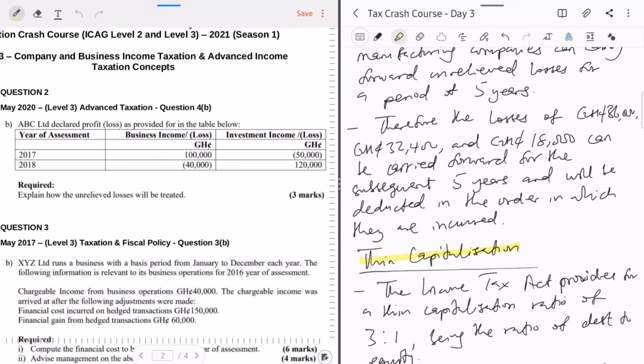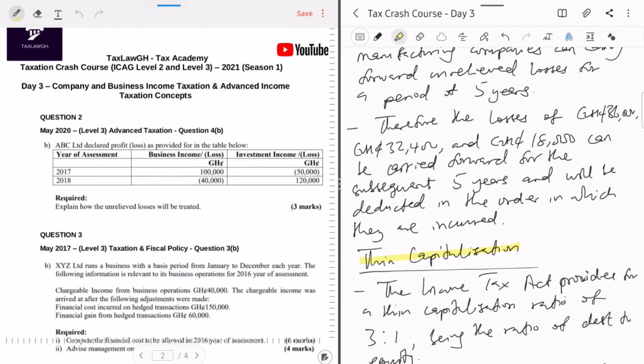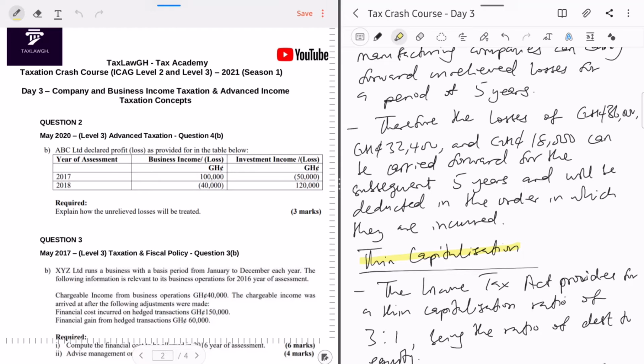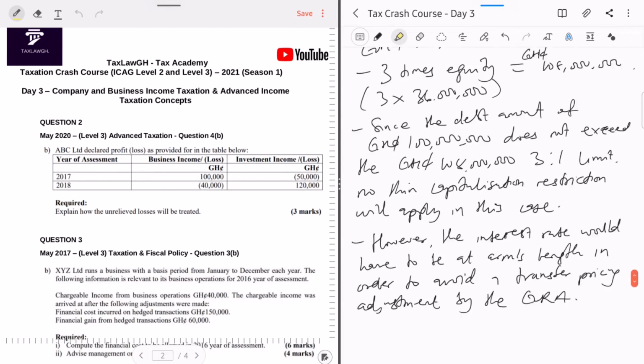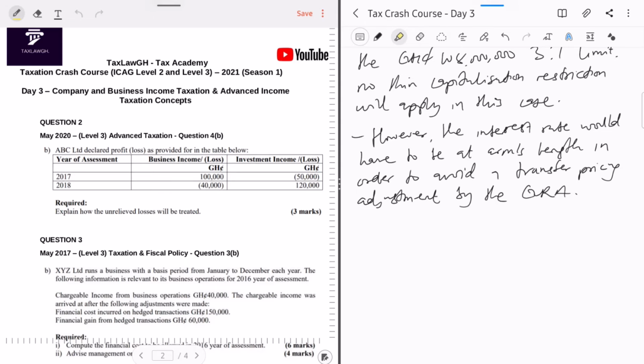So in question 2, it's still level 3, but very much examinable at level 2, because it's on the concept of losses from investment and business being offset where possible. If you go to section 17 of the Income Tax Act of 2015, Act 896, it talks about losses from business or losses from investment. So the rule there is that generally,